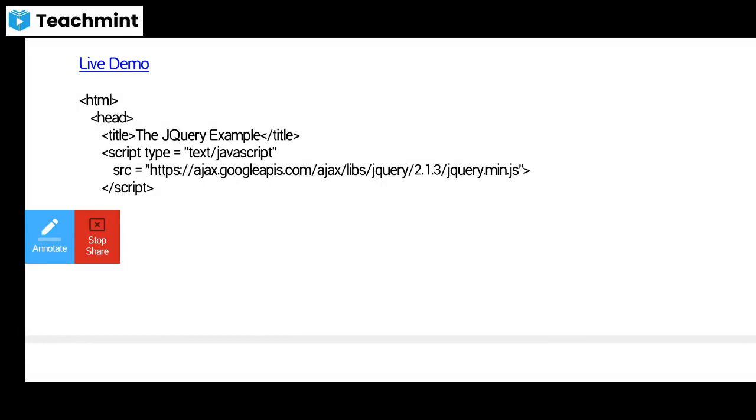So we need to specify the jQuery min.js in this script type, like this.